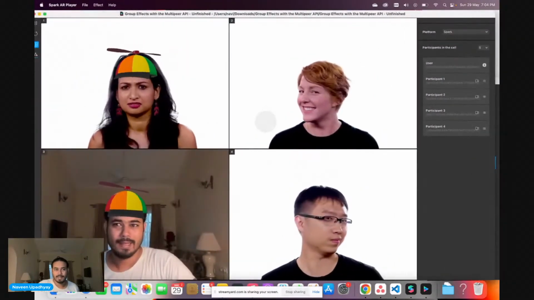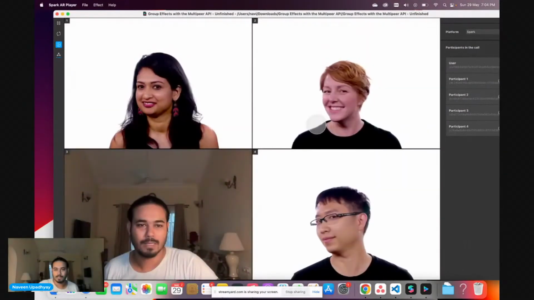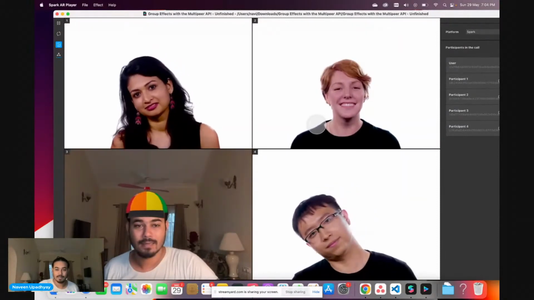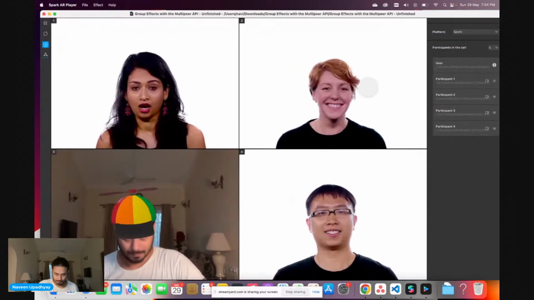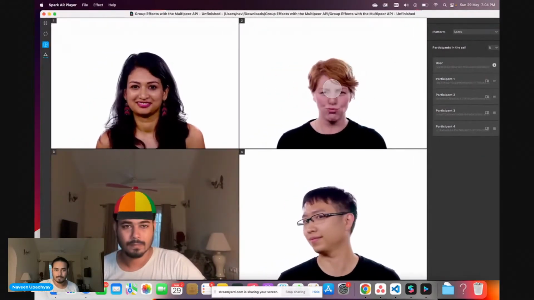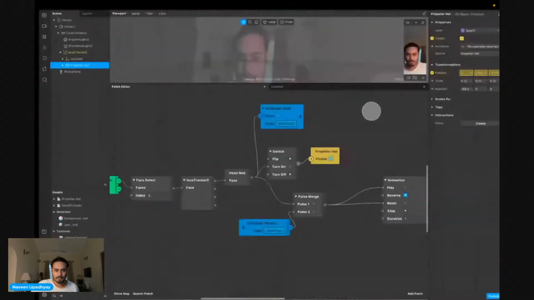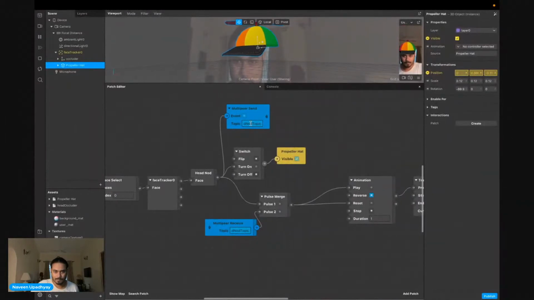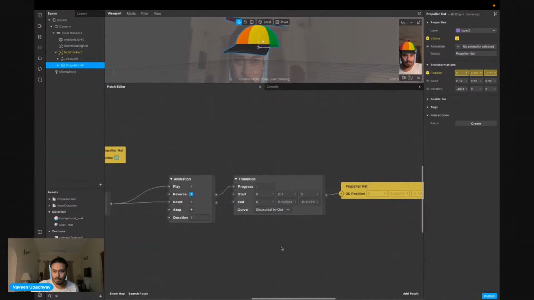I'm not sure why we can't see it in here. It should be visible. The caps should be visible on all of their heads, but it's just visible on my head. We have a sender topic and we are receiving it, and then we are sending it on.